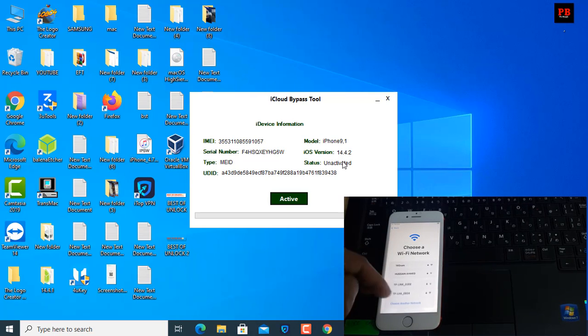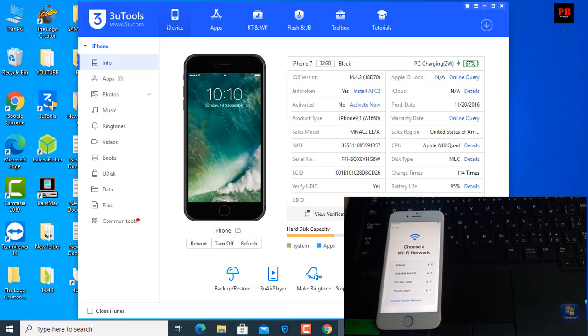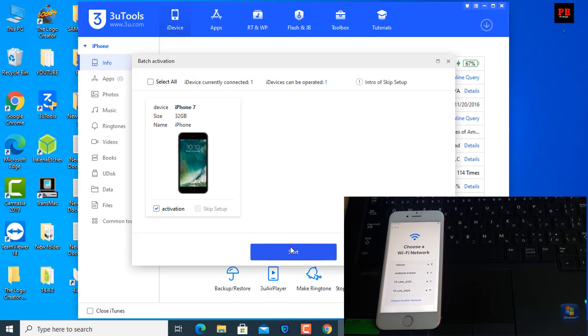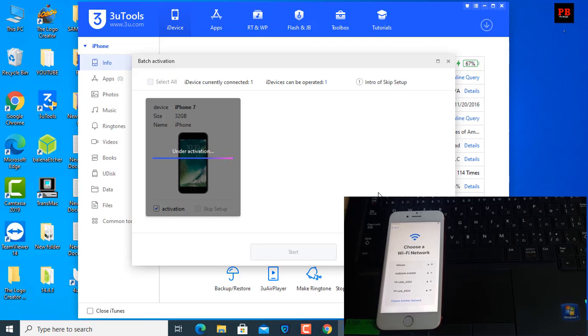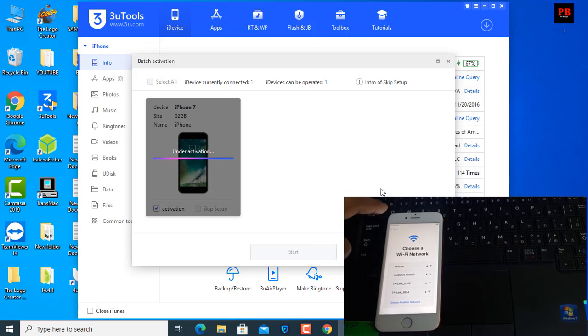Okay, iCloud lock inside, as you can see, click here. This is the iCloud lock, under activation, something like that.